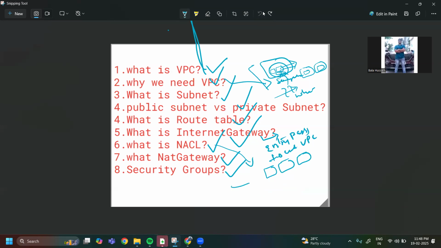After reaching this private subnet, the application is there. If you want to access the application, there is a security group. Only if you have the correct IP and the correct port can you access it. The application says, only if you have the correct IP and port number can you access me, otherwise I won't allow you. So this is the concept of security groups.